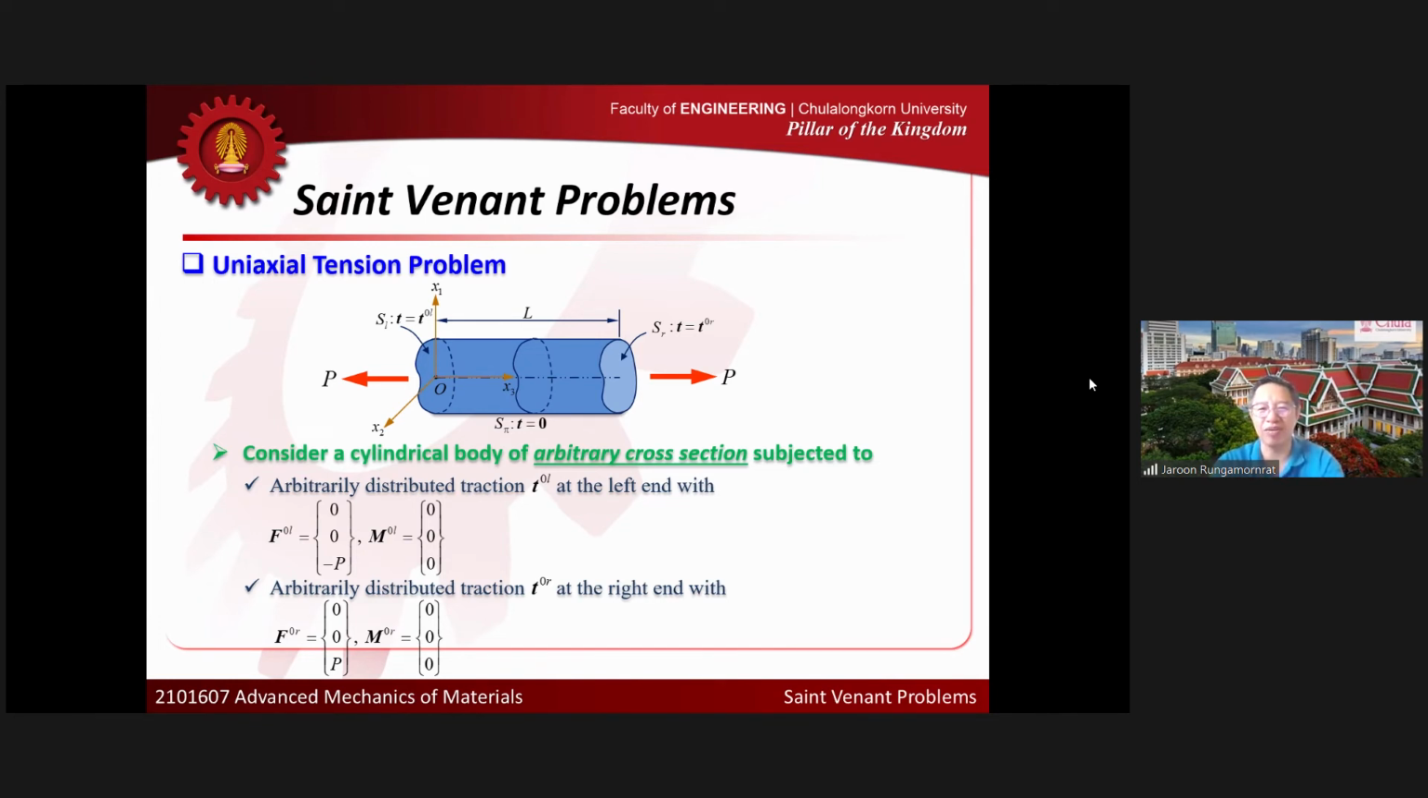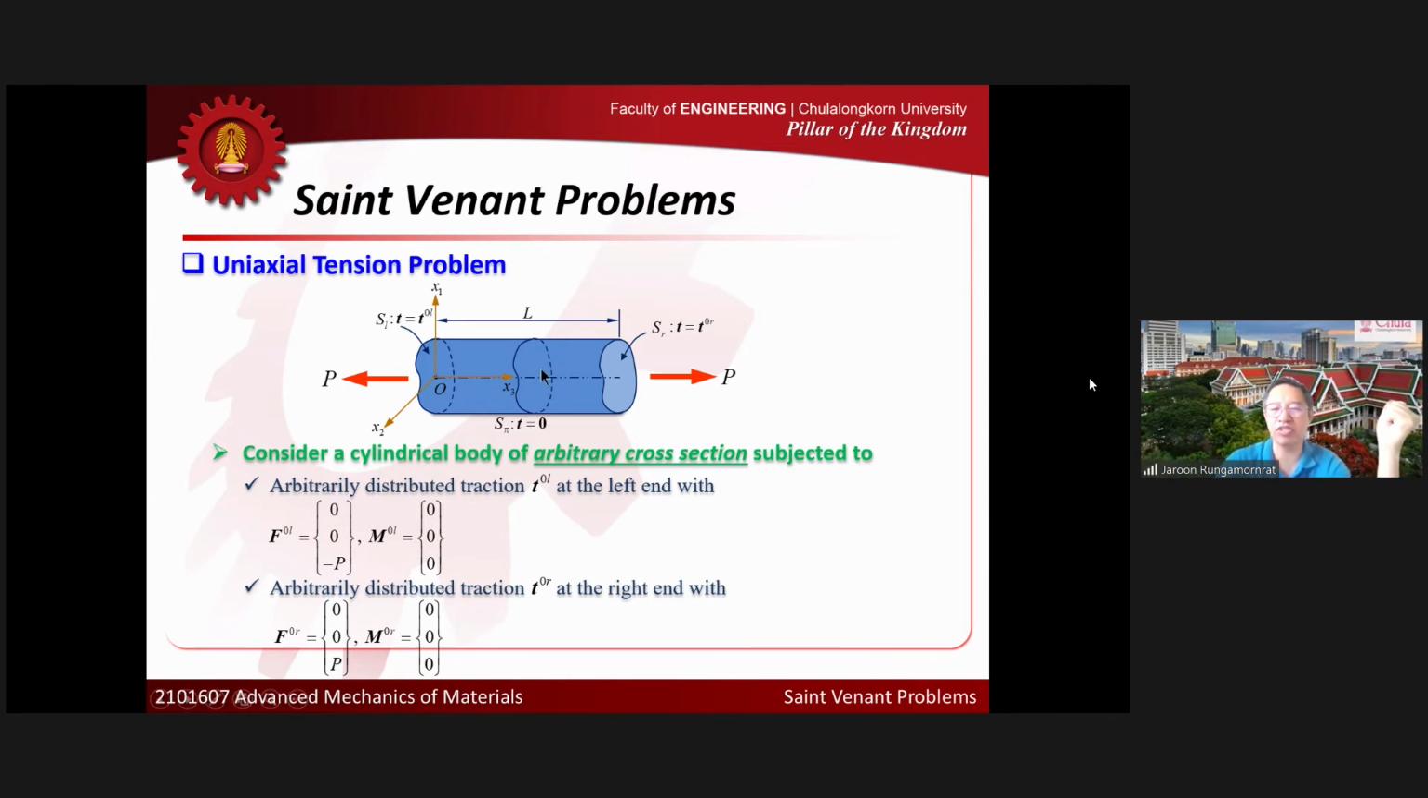If I ask you about stress at any point inside, in the view of strength of material class, you know that stress should be P over A, right? If you apply the axial force like this at both ends, you say that there's no shear stress inside. The only thing that we have is the normal stress, and the normal stress that we got there, we just